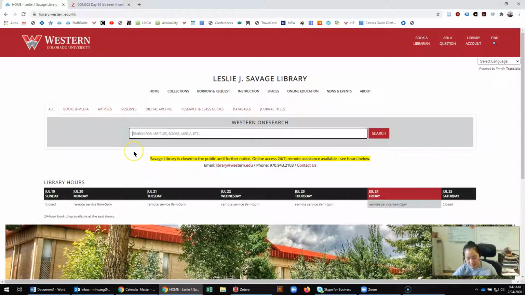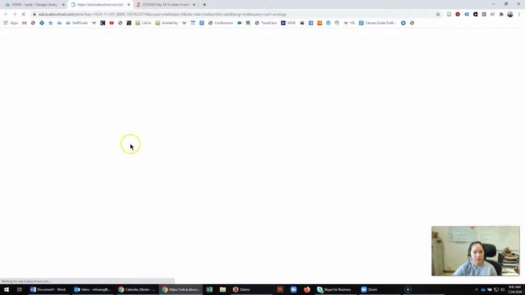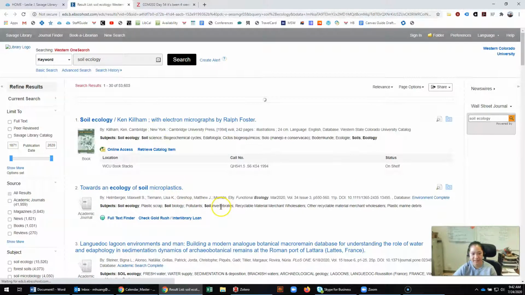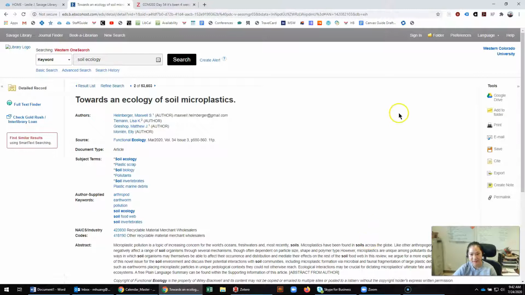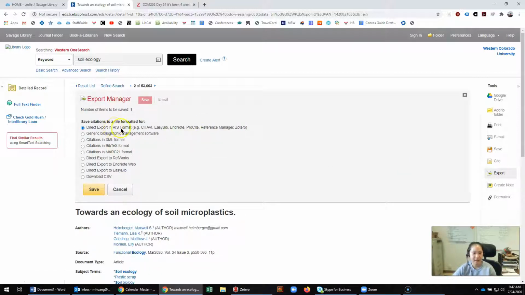something called an export. So let's do a quick little search for soil ecology. And on most every academic site, database, you can click on one of these little titles, and then somewhere on here, you may have to hunt around a little bit, there should be an export or share or some other button. And the one you're going to look for is RIS. So this is the one that Zotero can read. Sometimes they'll let you know what programs can read the file format. Sometimes they don't. So just try to remember RIS, but it should be able to read some of these other ones as well. So when you save it,